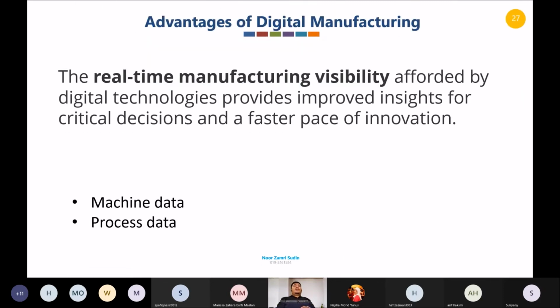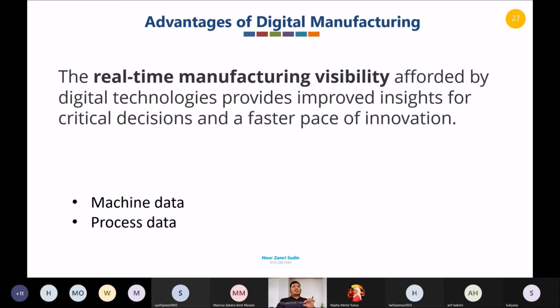From the machine data and process data, you can also get real-time manufacturing visibility. For example, right now you can sit anywhere, maybe in the office, maybe at home. Right now we're working from home, and you can still monitor your manufacturing line.